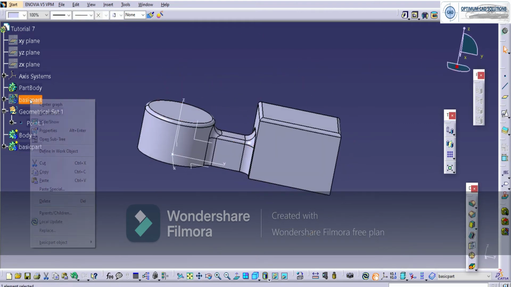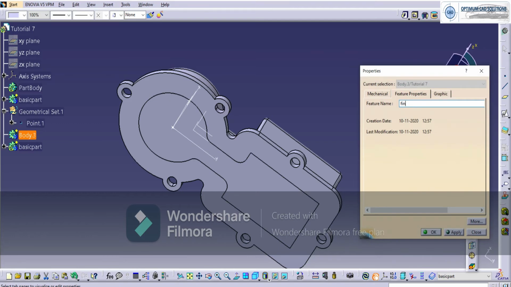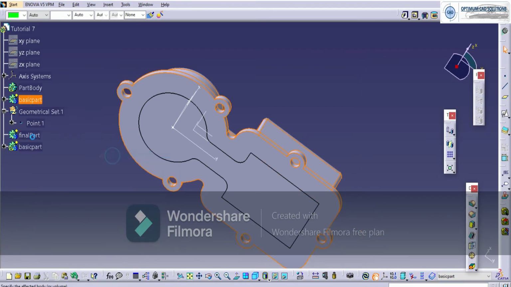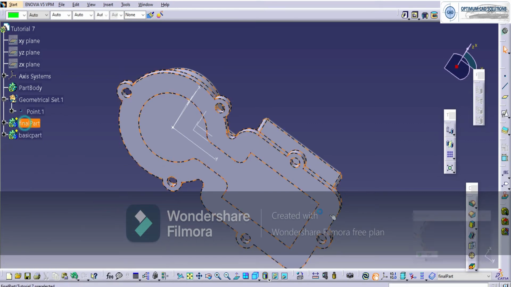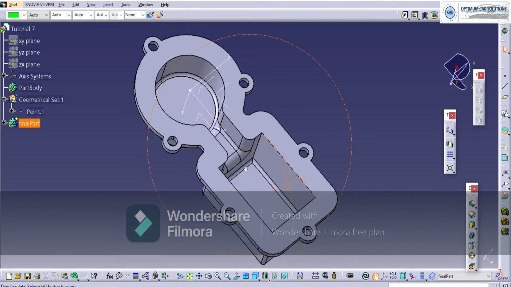So here is the minus 6 mm thickness. So the first body created, that basic body, is the outer body, and whatever thickness we removed is the inner body. First of all, we'll add the basic body into the final part, and after that we'll remove the internal body from the final part. So here the Boolean operation is completed.